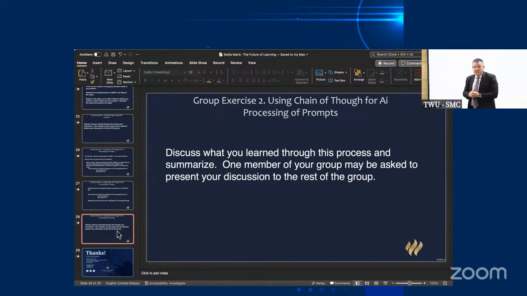Are you ready to see prompt generator? Yes? No? Maybe so? Okay, here we go. Give me a sec.